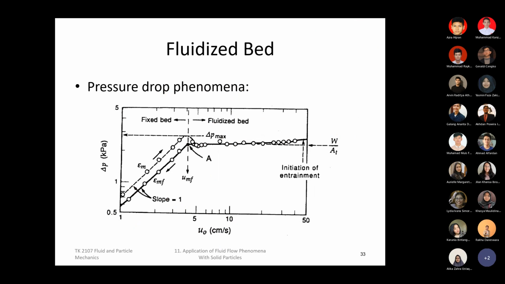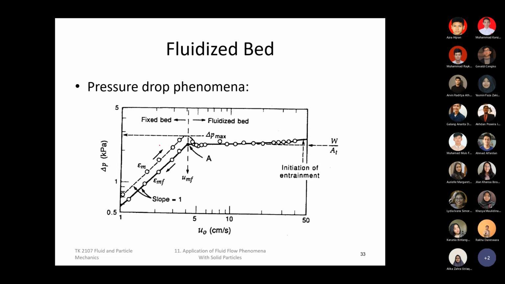Please look very carefully, and if you still don't understand this picture, please ask, because this is, I will say, one of the most important phenomena and one of the most important slides in this topic. If you understand this chart, then it will be very easy for you to calculate the pressure drop in all different positions or all different regimes.